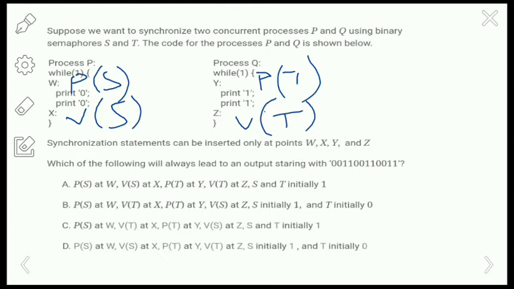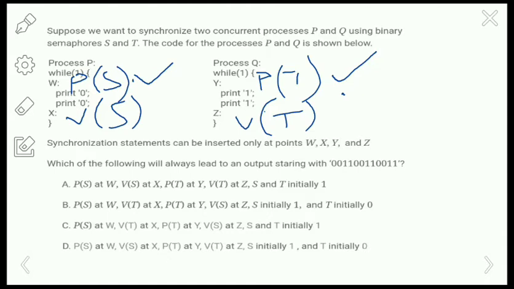To print the string, first it must execute the process P. Since S and T are both 1, these two processes will start executing simultaneously.